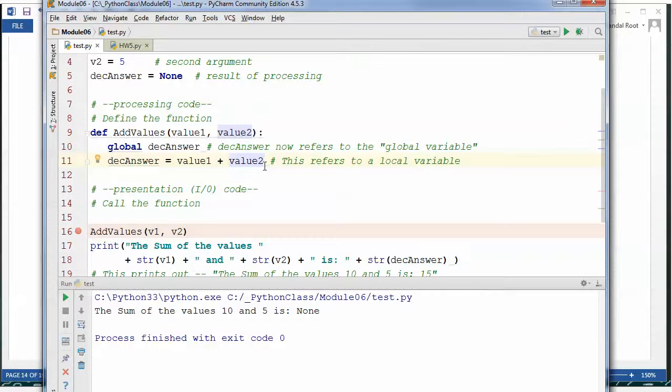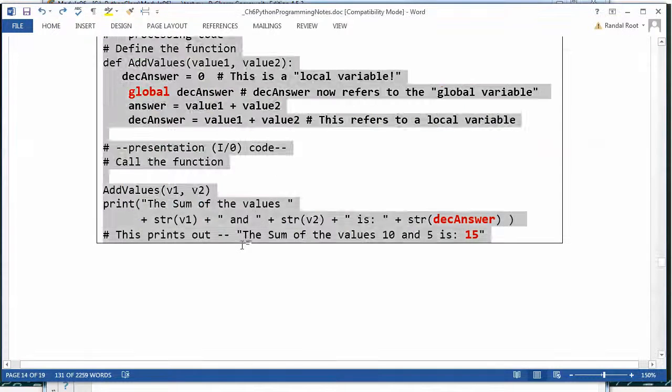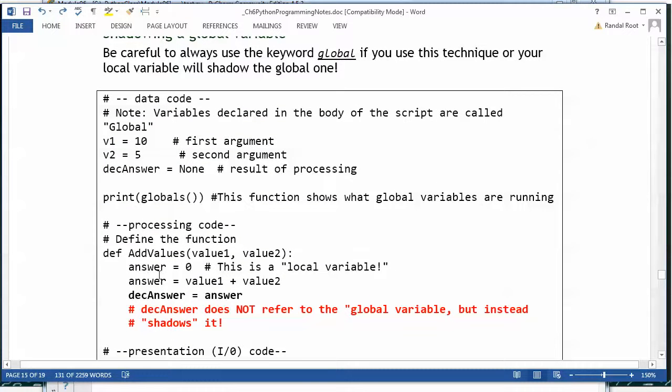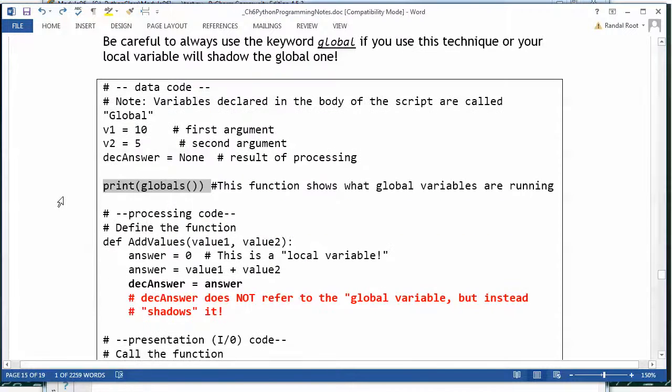Now, I'm not encouraging you guys to use this feature, but other people do. And when they do, you'll hopefully now be able to read their code. So shadowing is when you declare a variable inside of a function that has the same name as a variable outside the function. There's a built-in function called globals that if you use it, you'll be able to print out the code inside the global